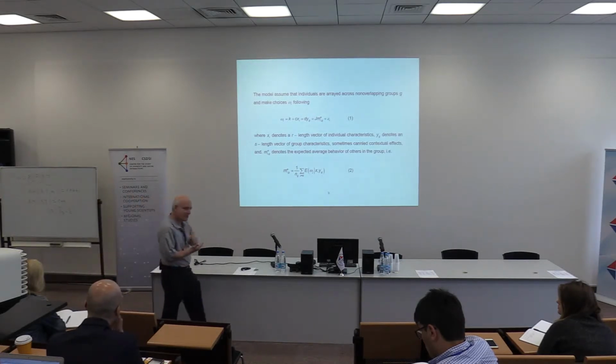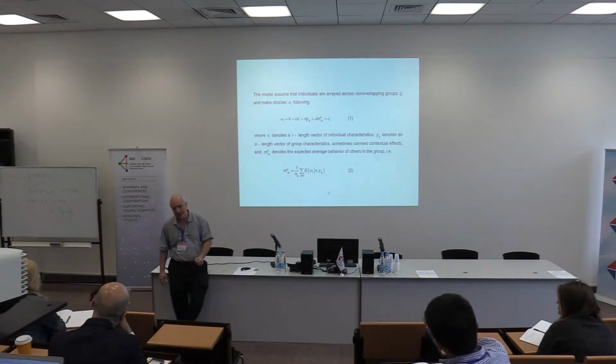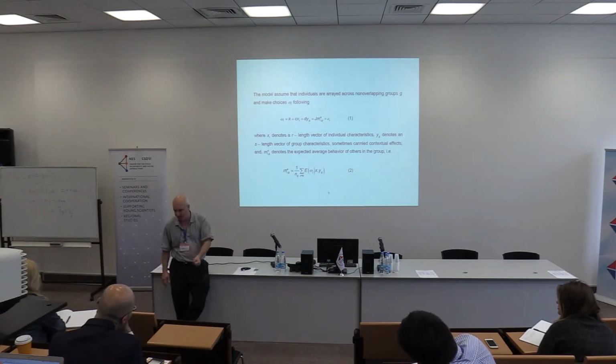So when I was pounding my fist on the table in the lecture yesterday and said it is extremely important to read other literatures, one of the reasons is that that helps give credibility to the exclusion restrictions. The exclusion restrictions have to do with information that's outside the model that you bring to the model. And that's maybe the hardest thing in empirical work, making those types of judgments.